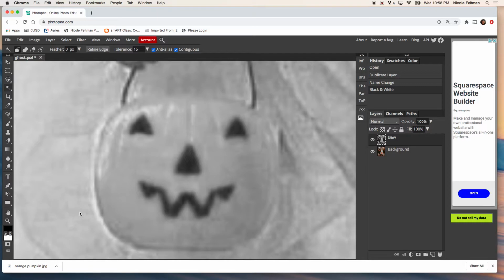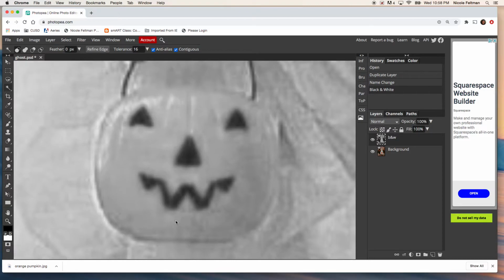Once I have my pumpkin big enough for me to see the edges of it, I'm going to go to my lasso tool. I'm going to start with my magnetic lasso. I'm going to click that one. And what this one does is it tries to act as a magnet that is sticking to the side of whatever you're tracing with your mouse. It doesn't always do it perfectly, so I use it almost as a base selection, and then I will tell you how to make that a little neater and cleaner after we do our main selection